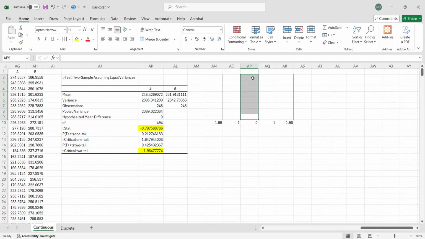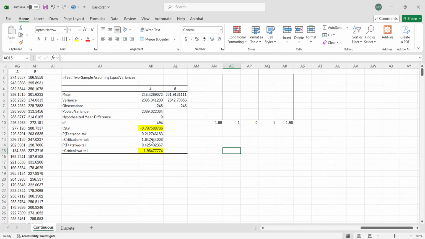Meaning we fail to reject the null hypothesis. So, meaning it's not true that there is no significant difference. What's true is there is a significant difference between the two groups.